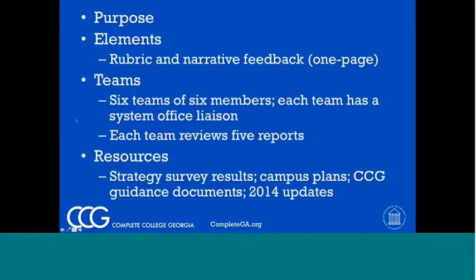What you will get in terms of your resources, you'll have the strategy surveys that you can use. Those strategy survey results are the first part of what goes in. That's a comprehensive overview of what campuses are doing. That will tell you whether there's a little bit of alignment there. There's equally